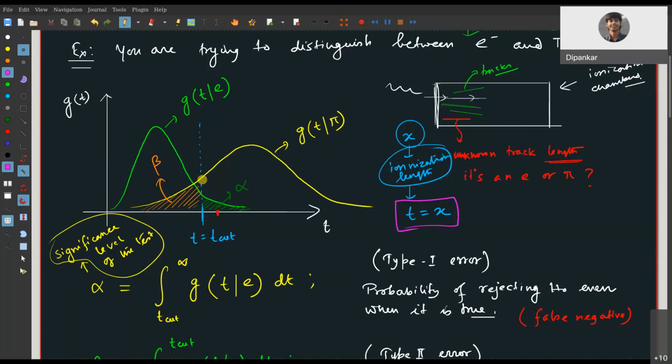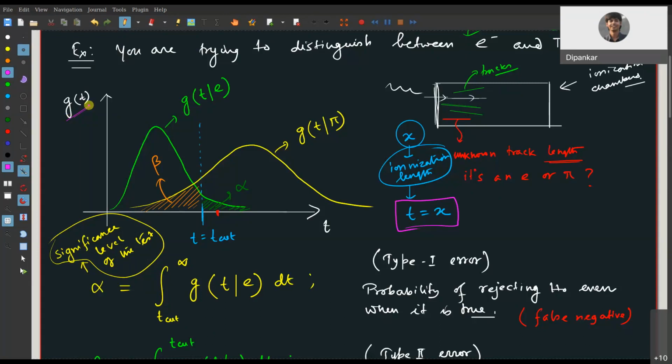All right, there is another interesting point to note here. Like what kind of hypothesis I am working with. The hypotheses I am working with here are called simple hypotheses. What do I mean by that? If this distribution, that is a distribution in terms of my test statistic for a given hypothesis, is